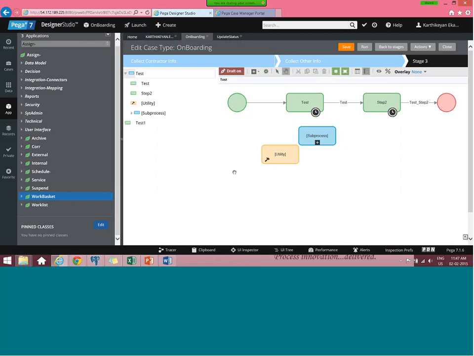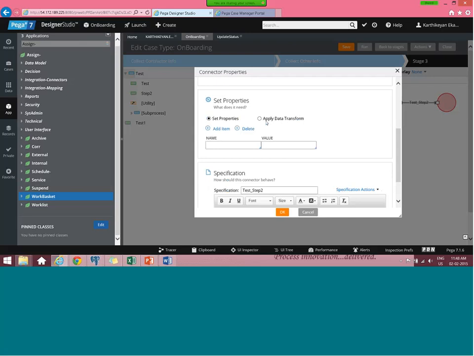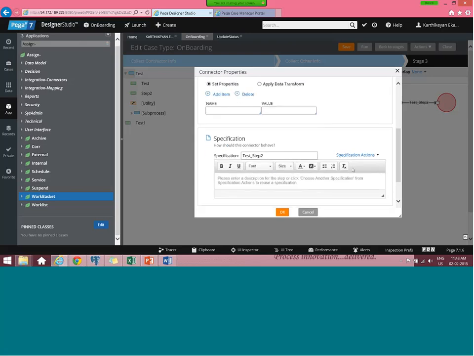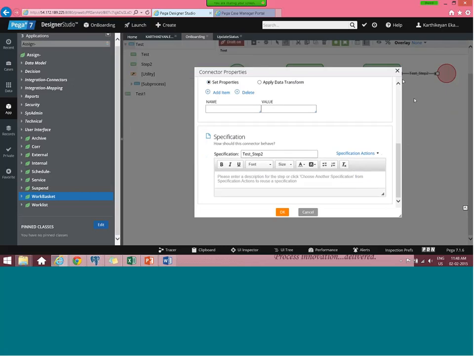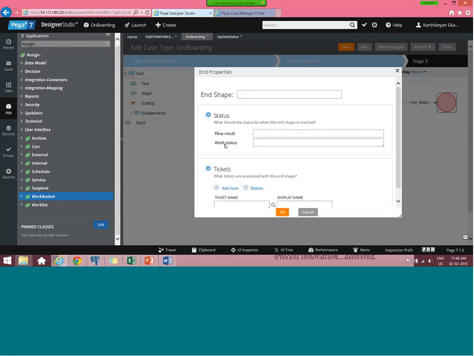And on each and every connector you can set the property, or use data transform conditions and set the stage also. There is work status also here. Let me show you where we can set the work status. You can set the work status here in steps.